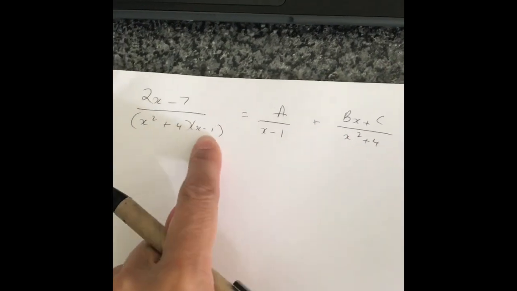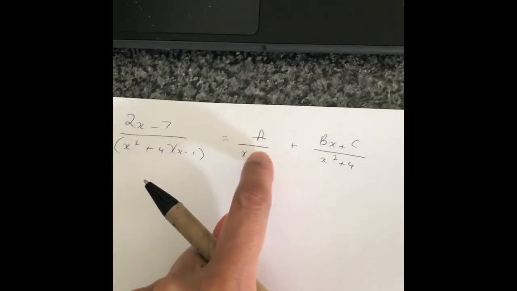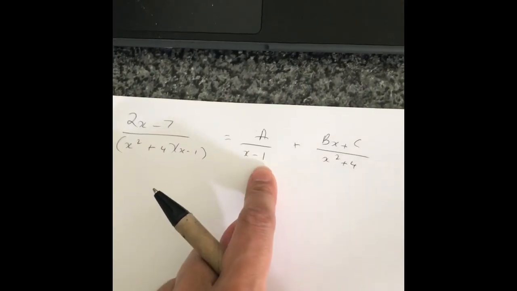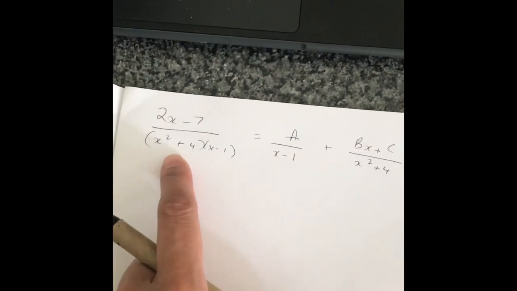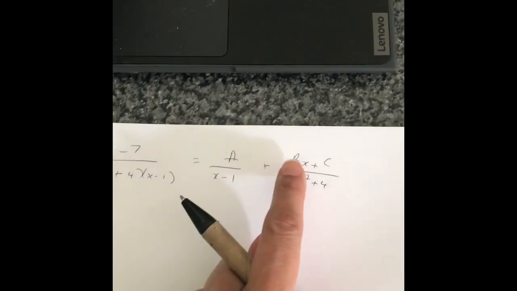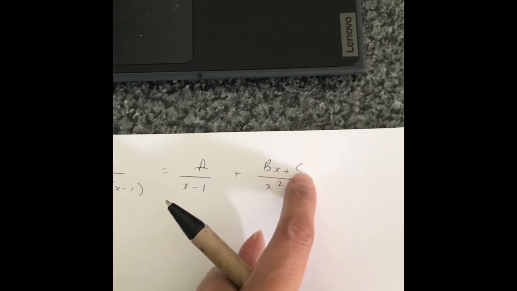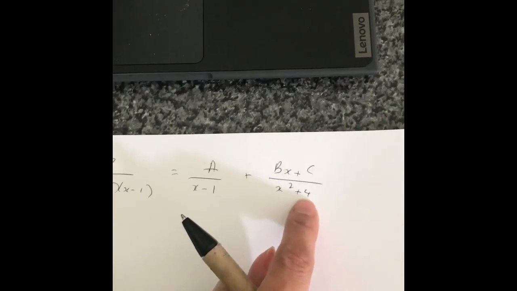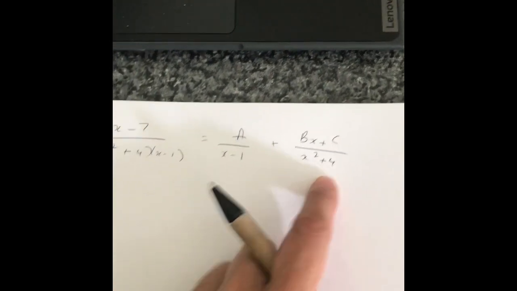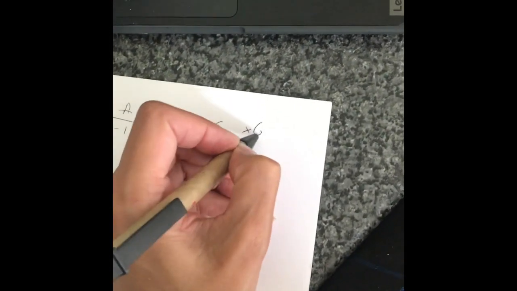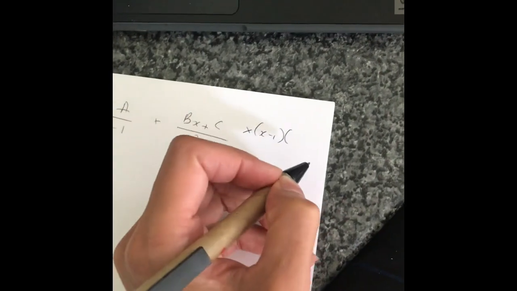So the linear factor, x minus 1, is still there, but it's a constant over x minus 1. The quadratic factor at the bottom, you'd have a linear term at the top, so you'd have an x term and a constant over the quadratic factor, okay? And then you would do just like before, you would times through by your lowest common denominator,